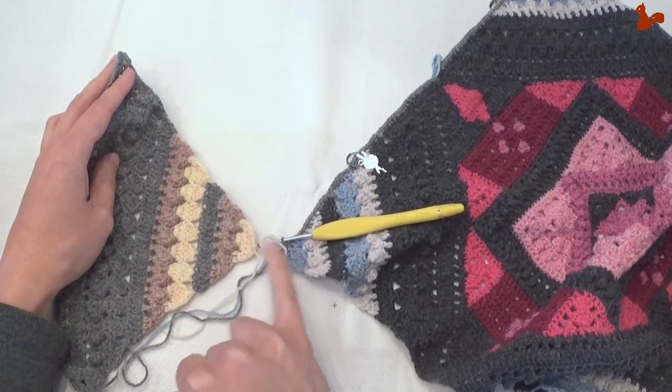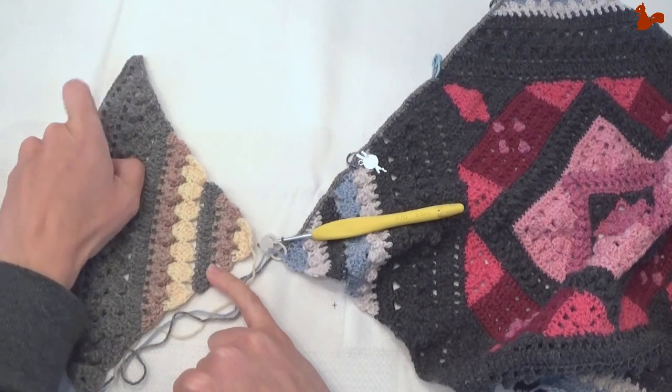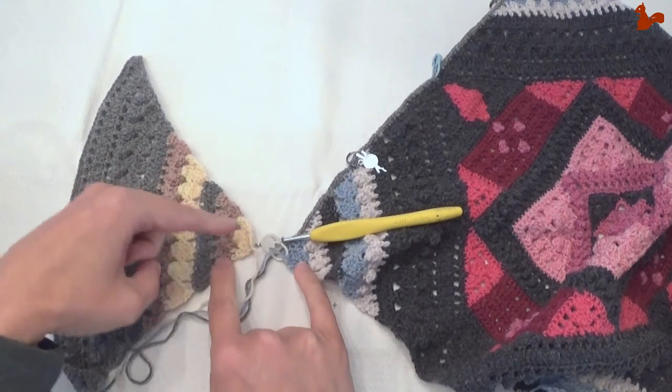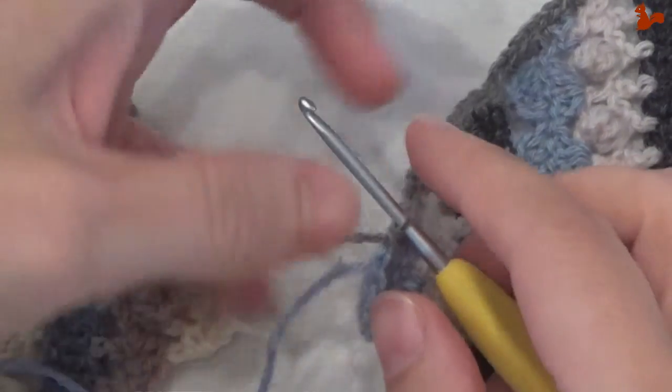So a double 2 together over the two corners, and then 52 doubles up to the edge. And when you get to the point there, you can fasten off. Just zoom in to show you this last transfer here, but then 52 up, and then you can fasten off. So the double 2 together again,